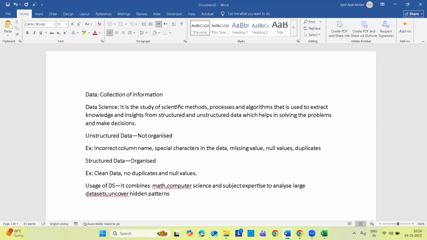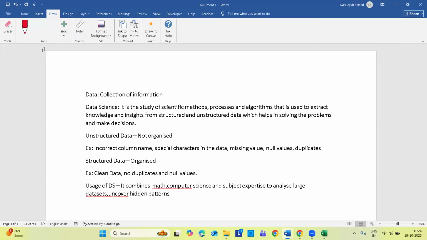Patterns means, for example, this is a circle, right? So here you're having the data. So this is forming a cluster. Some pattern will be there. Another one is like this. So this is called a pattern. Clear? Yes, sir.